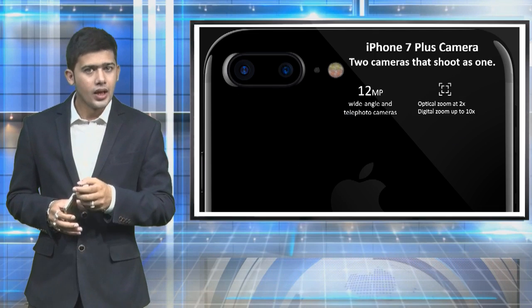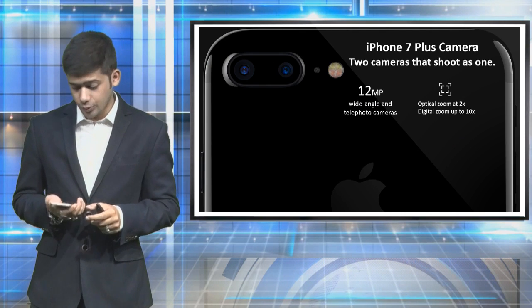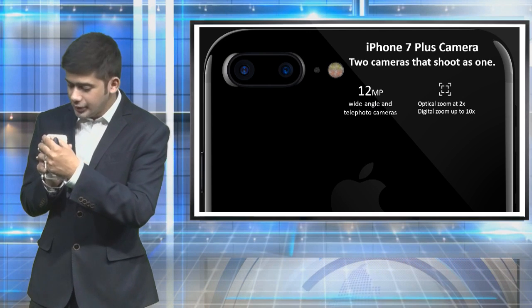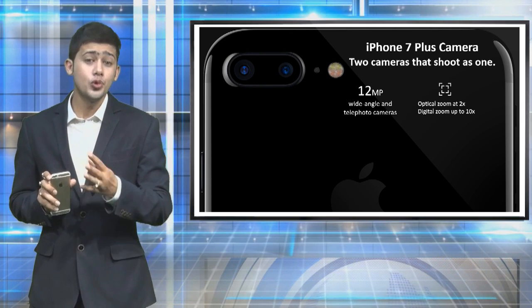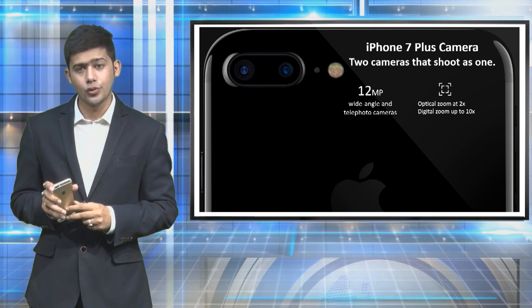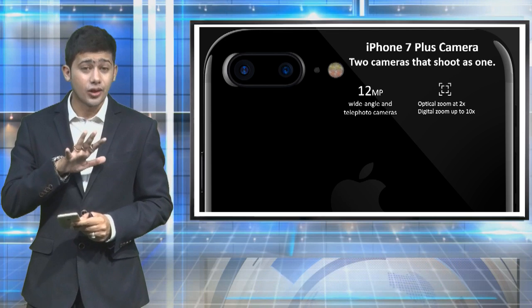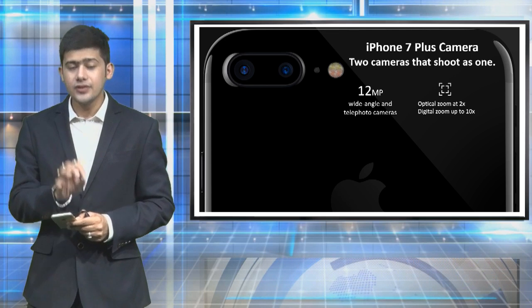6s variants. Moving forward, the iPhone 7 Plus has two cameras that shoot as one. Now this has a single camera. This is the iPhone 6s, but let's see the difference. This particular camera has only a single camera, but iPhone 7 Plus comes with two cameras that shoot as one. That has a 12 megapixel wide-angle and telephoto camera with optical zoom at 2x and a digital zoom up to 10x. So it's pretty awesome features for the iPhone 7, and this is a big difference from the